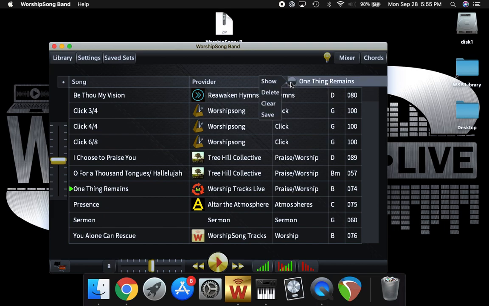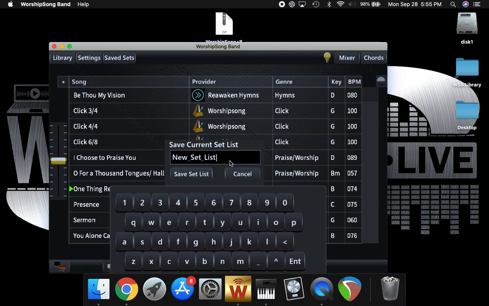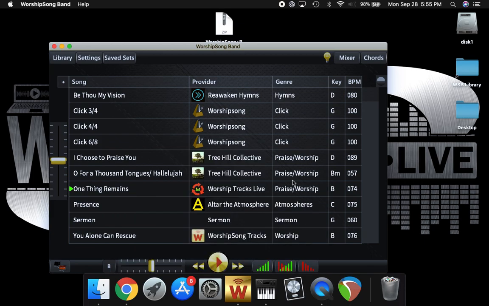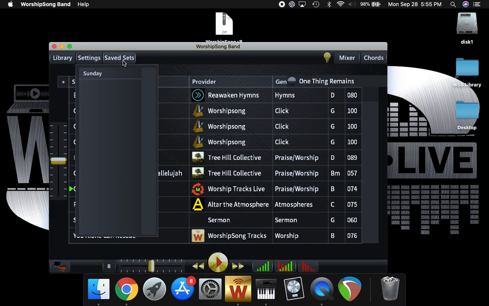If I click on that again, and I'm left clicking here on the Mac, by the way, you'll see Save. You go down to Save. It's going to want to know what your set list is, and I will just call it Sunday, just for demonstrational purposes. Save set list,